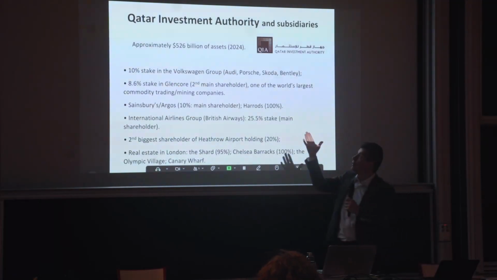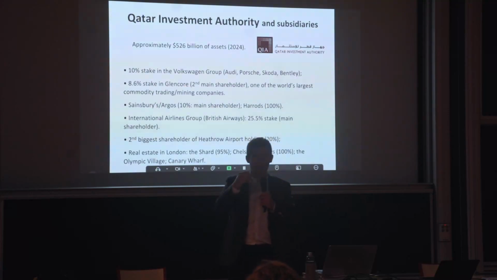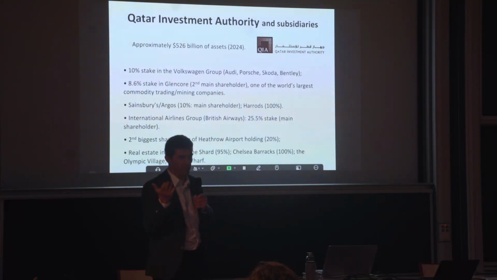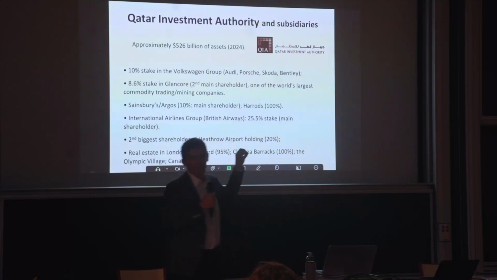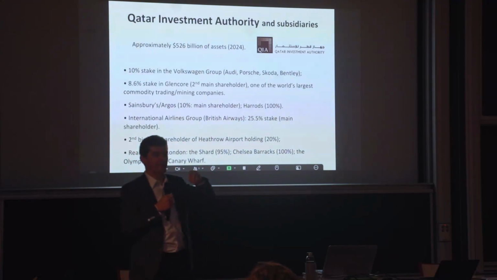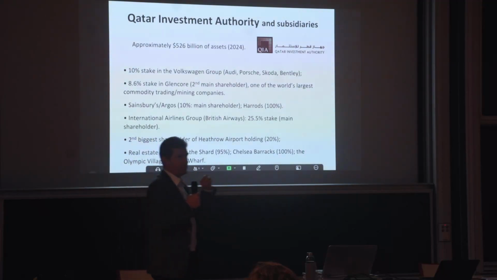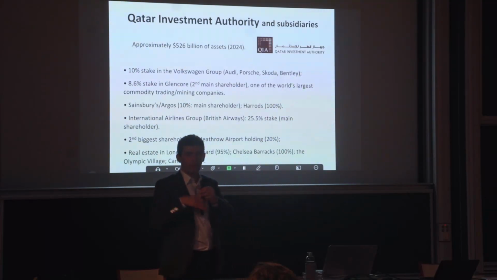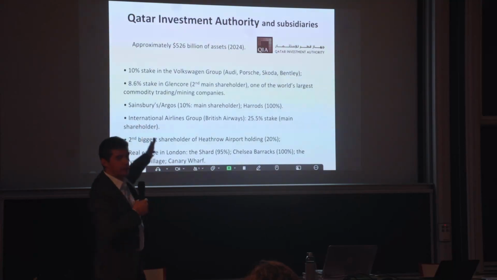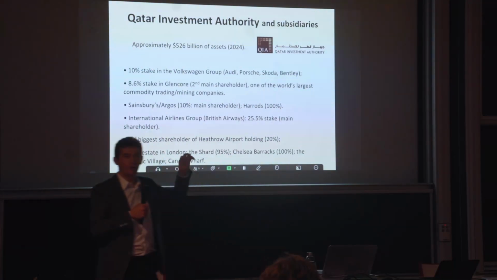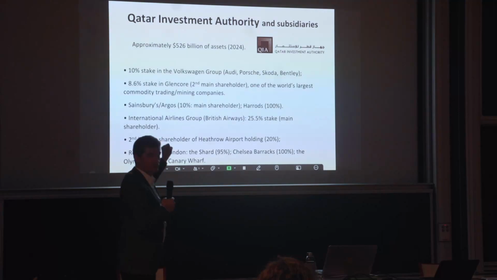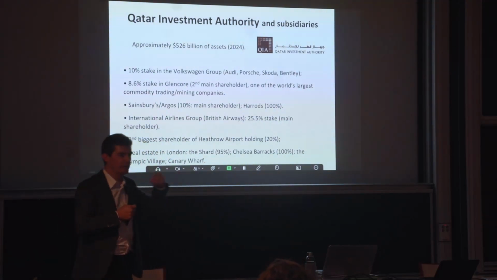So sovereign wealth funds are as much economic tools as political ones, and they're probably even more political tools than economic ones. Because what is the point for Qatar Investment Authority to invest in all these assets? This is basically a life insurance for Qatar or for other sovereign wealth funds. Because the idea is to say to, let's say, the UK in this case, look, we own so many key assets in your economy, so the airport, the main supermarket chain, plenty of assets in real estate, that let's